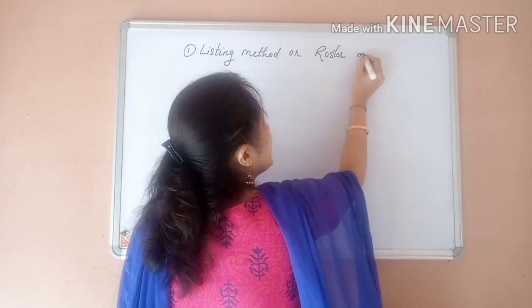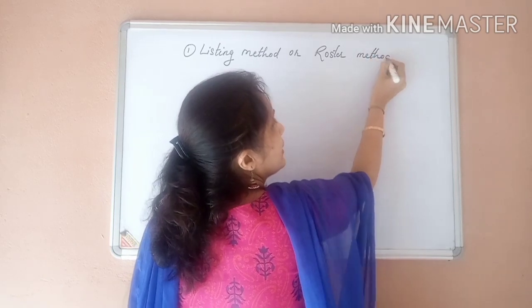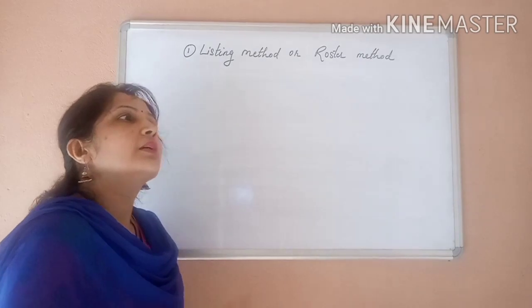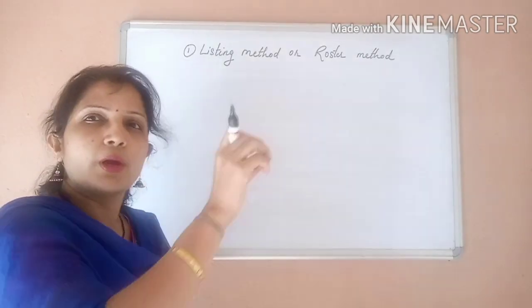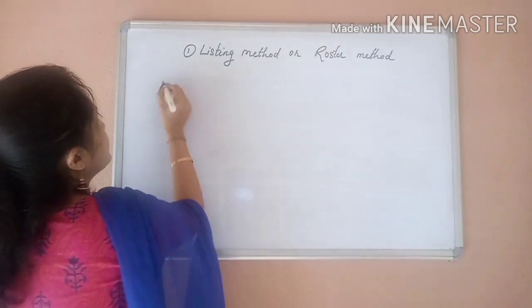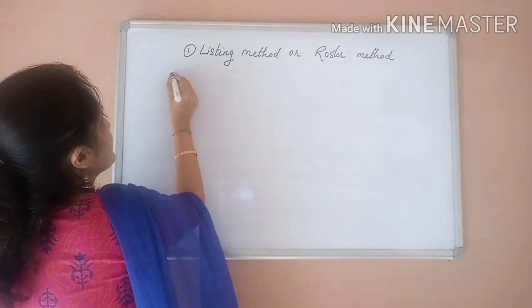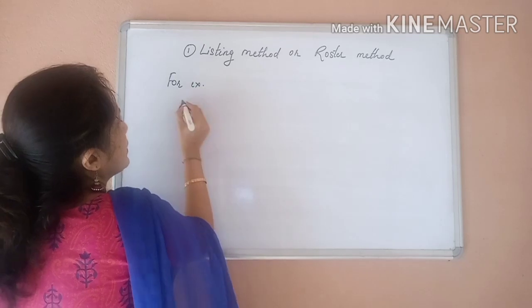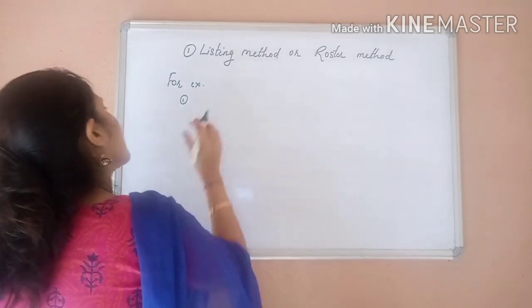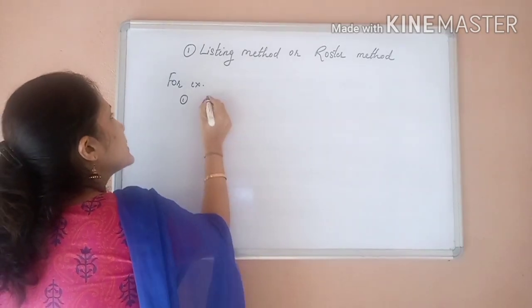Actually, this is the easy method to write a set, where certain conditions will be given and you have to write down the set. For example, the set